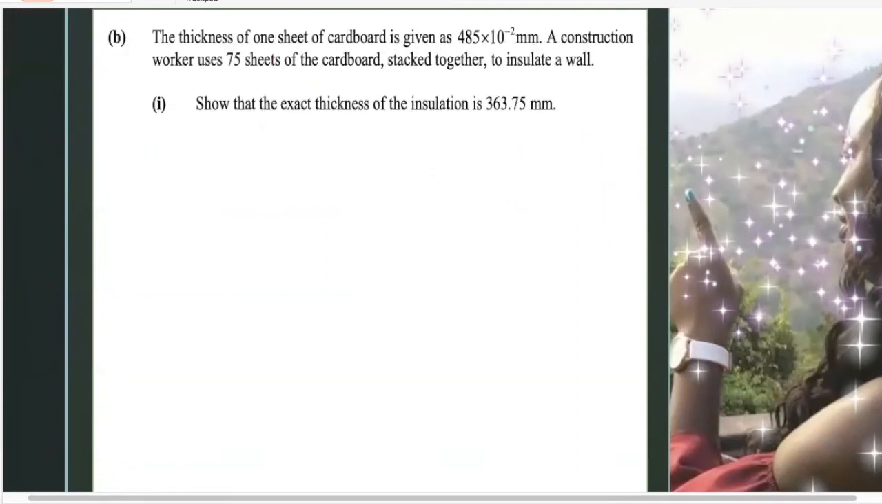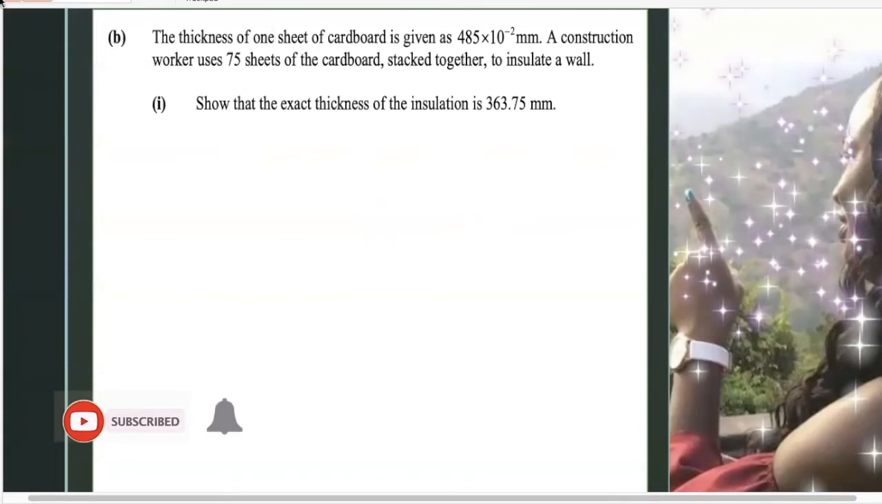The thickness of one sheet of cardboard is given by 485 times 10 to the minus 2 millimeters. A construction worker uses 75 sheets of the cardboard stacked together. In other words, one sheet has this thickness, and we have 75 sheets stacked together to insulate a wall. They're asking us to show that the exact thickness of the insulation is